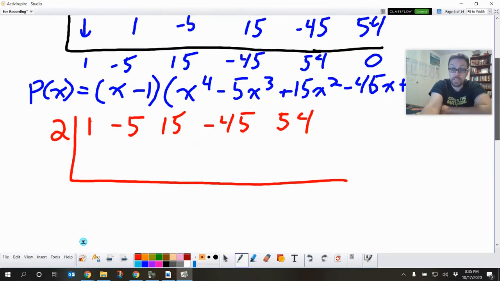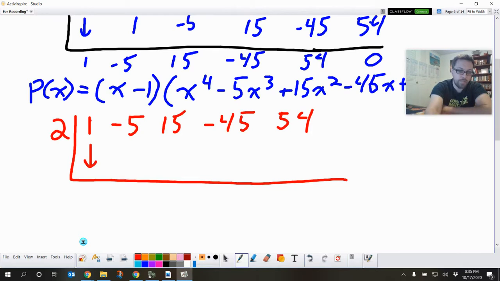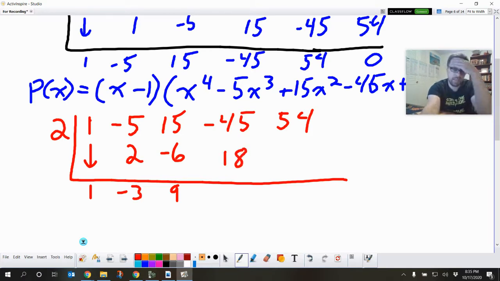Cool. Let's synthetically divide again. So drop this, so that's 1. Now I've got to actually multiply in this step instead of copy. 2 times 1, that's 2. Add these together, that's -3. 2 times -3 is -6. Add these together, that's 9. 2 times 9, that's 18. Add these together, that's